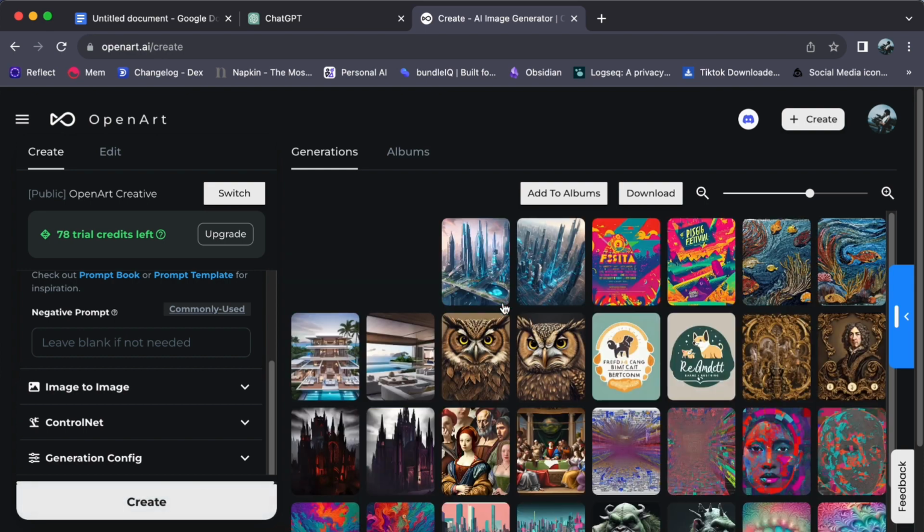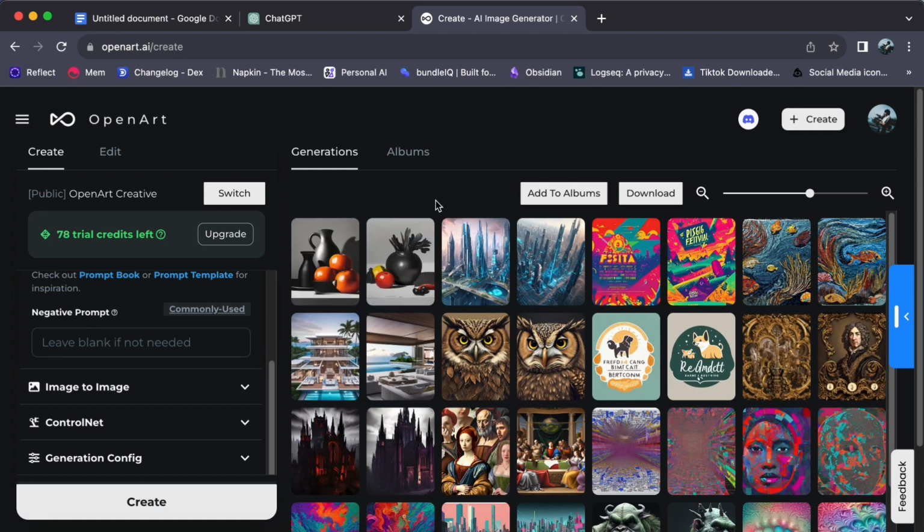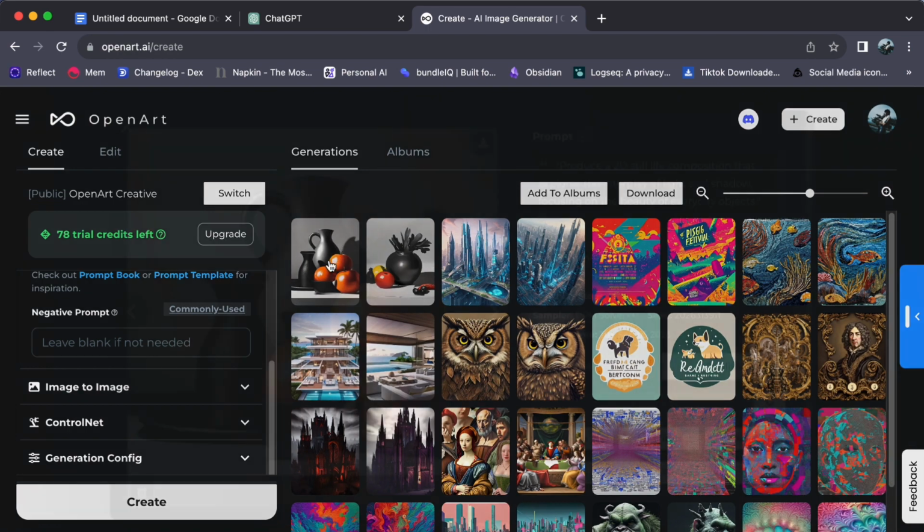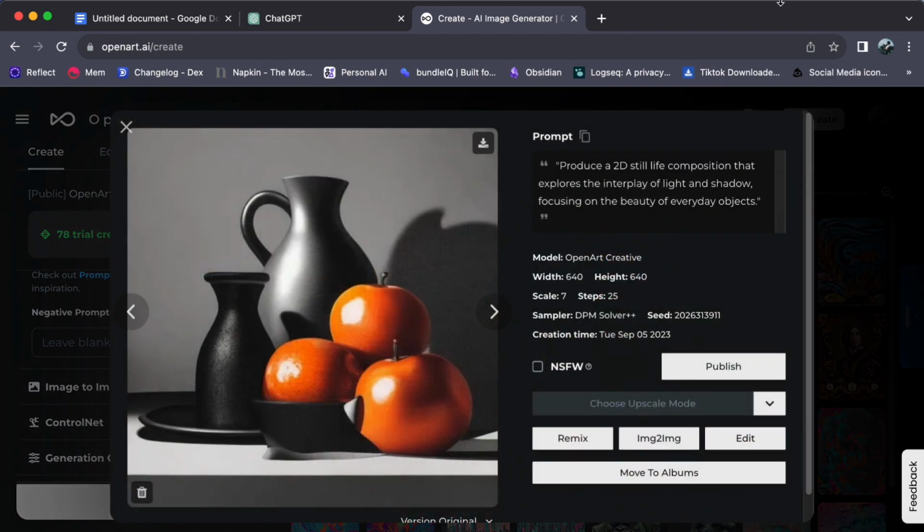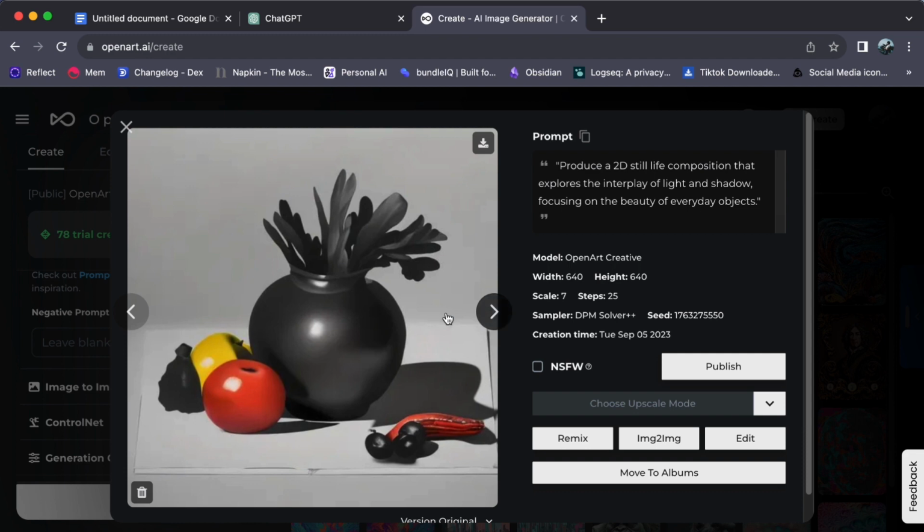Now, behold the magic of OpenArt in action. And lo and behold, your 2D masterpiece is complete. Click on the image to explore its intricate details. It is as simple as that. Your imagination comes to life with just a prompt. Dive into a world of limitless creativity and craft captivating 2D art with